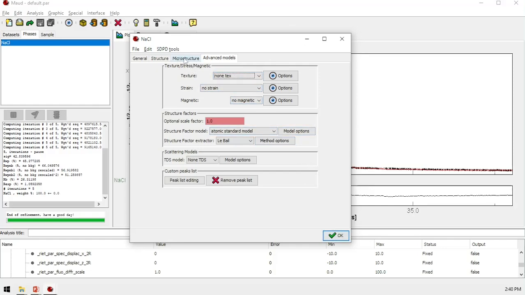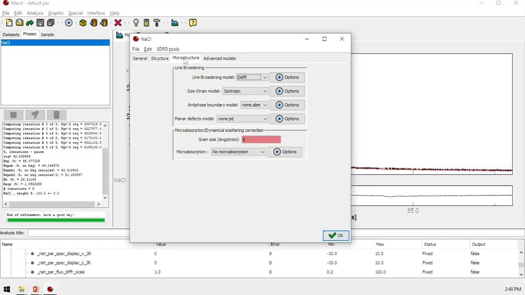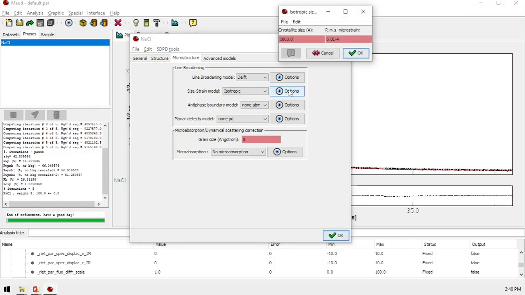Then we can also do it here in the microstructure. If you see, the size strain model is isotropic. It means it's assumed that the grain is spherical, or a ball structure, and we can choose the crystalline size in angstrom, right click, and then you can refine.